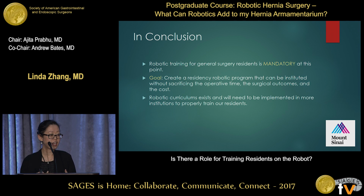So in conclusion, I think it's pretty obvious at this point that robotic surgery is here to stay, and it is pretty mandatory for us to provide some kind of robotic surgery training for general surgery residents. They need to be prepared when they graduate, if and when they use robotic surgery in their future career, in whatever case it is that they will be